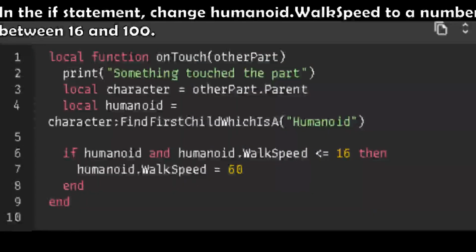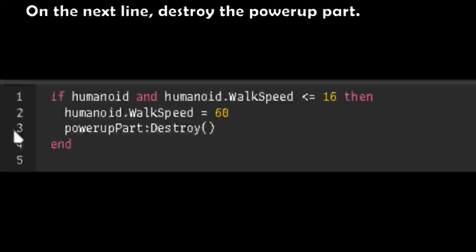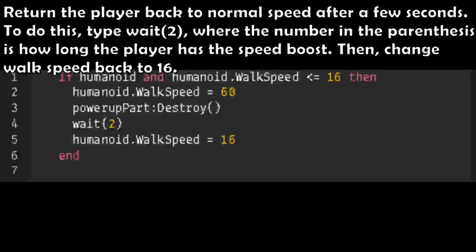In the if statement, change humanoid.WalkSpeed to a number between 16 and 100. On the next line, destroy the power-up part. Return the player back to normal speed after a few seconds. To do this, type wait(2), where the number in the parentheses is how long the player has the speed boost. Then, change